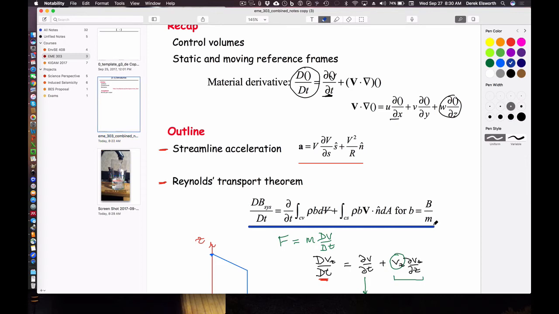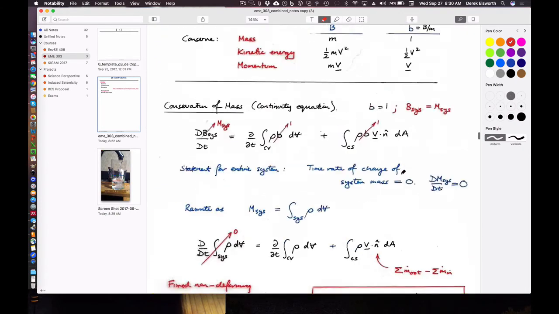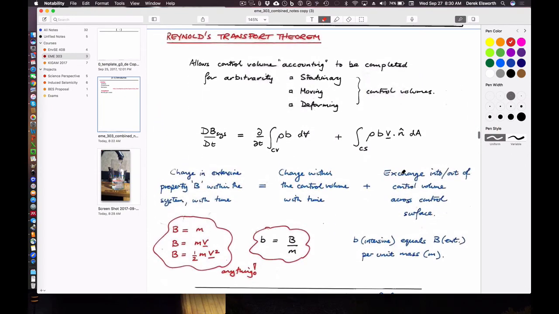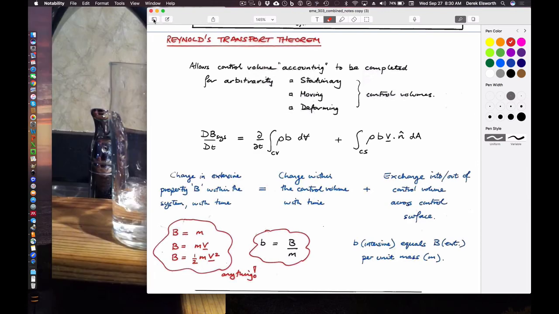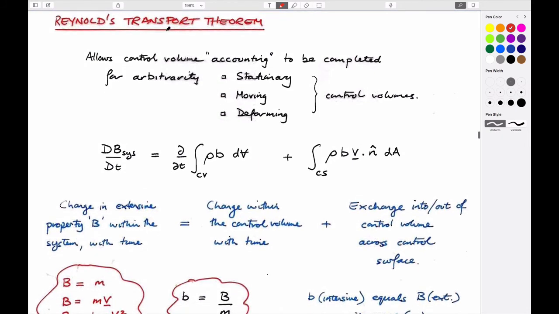This looks kind of complicated, but let's try and explain it in a way that at least hopefully makes some sense. So this is the idea. It's large. Okay. So Reynolds transport theorem is something that is really, although it looks kind of complicated, quite